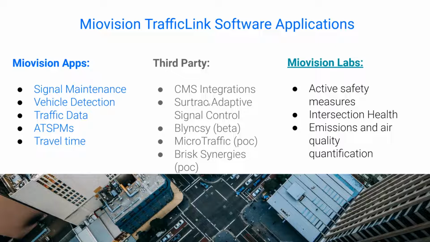Another big important piece when we talk about open architecture is third-party integration. So whether it's central management integration, we've done adaptive before. SureTrack Adaptive is one of the ones we've done, but we have also done others in the past. Blinksy, Miovision for conflict analysis, as well as BRIS. So those are some of the third parties that we've integrated with, and we've kind of shared our data to